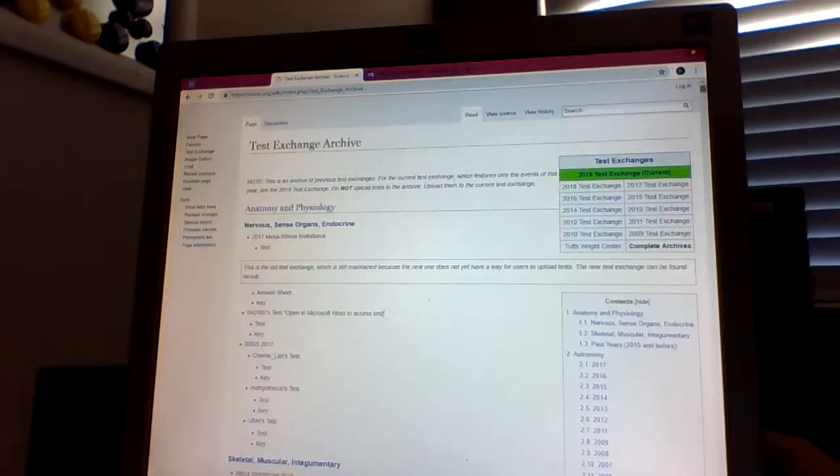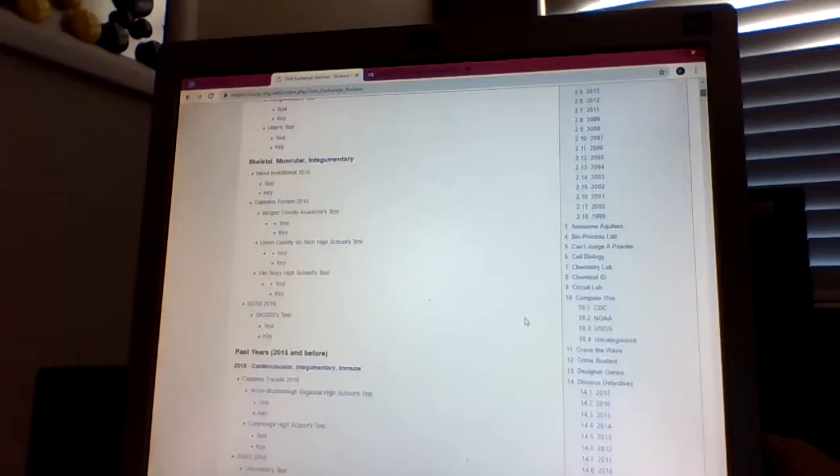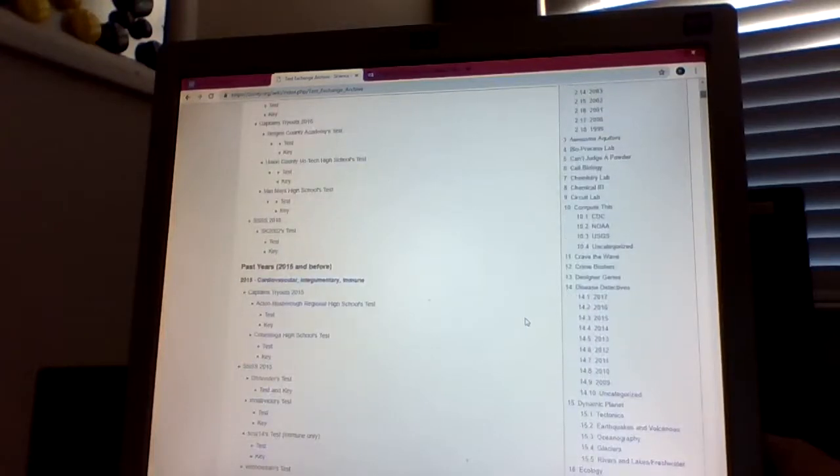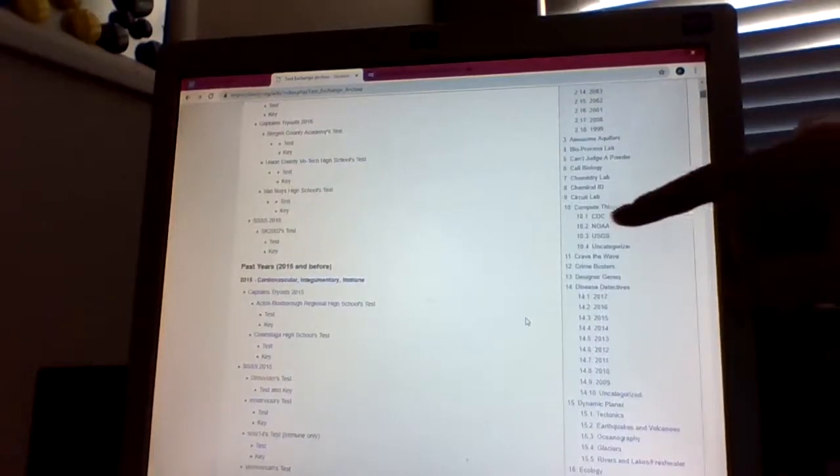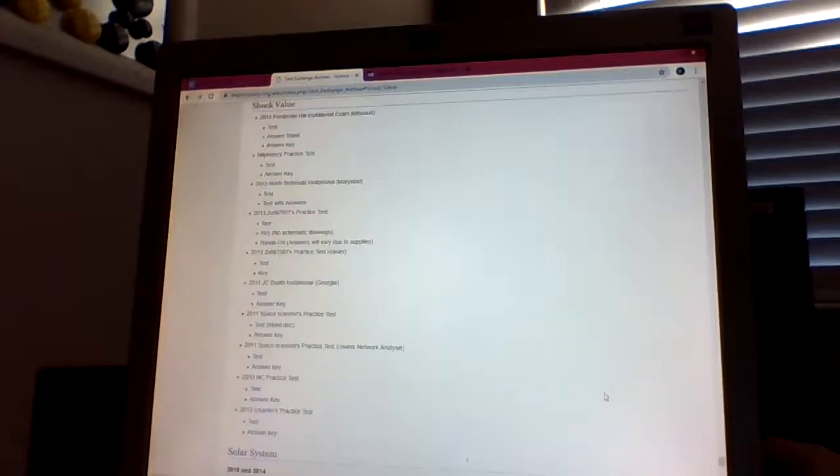And you'll notice there's a test exchange that's current. You'll notice that they've got previous years. And if you scroll down here, you can notice that there is an area for Circuit Lab. And then you scroll down even further, there's an area here for shock value. So if you're Division B, this is shock value. So you can see here's the Pembroke Hill Invitational Exam from Missouri.